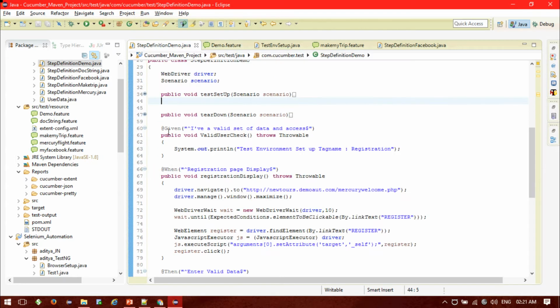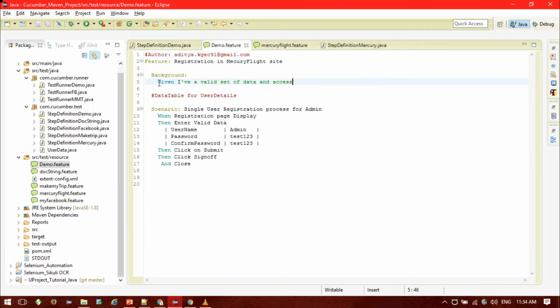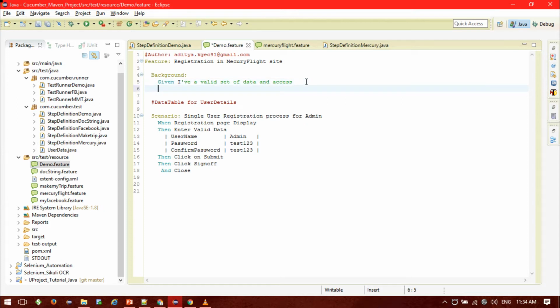Okay. So what we have done is in the before and after tag. So can't we achieve the same using another way? Yes, we do have another option, like if you include it in the background with the given syntax, we can achieve it in the same way. Okay. But one drawback is there. Let me show you. Like in the given statement, if I mention it this way, like given I have a valid set of data and access,